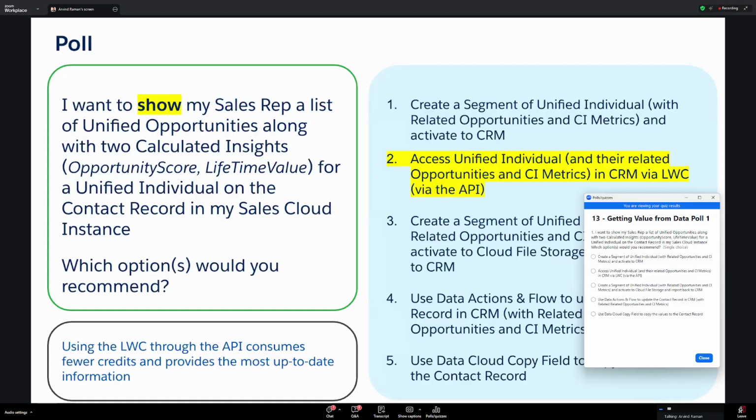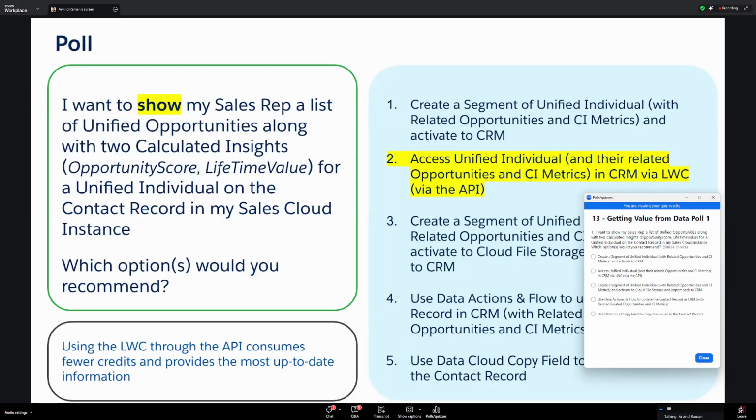It's not looking to say that, well, you need to. So just think about it. If at the point that your sales rep is logging into CRM, they are opening their sales console or their service console, they want to see the latest and greatest value. The best pattern is going to be go look at Data Cloud to get the latest value and to display that. And also if you think of it even from an optimal design wise, using the